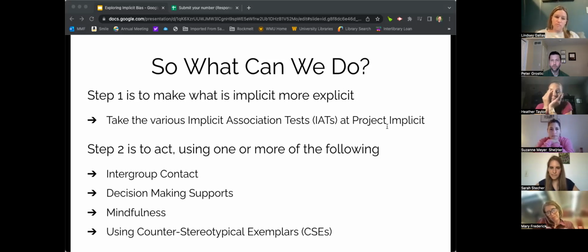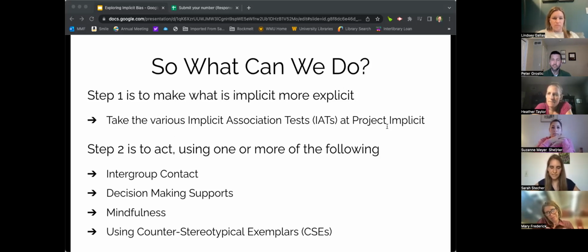Step number 1 is what I mentioned earlier. Whenever possible, we want to try to make what is currently implicit explicit. It's really the best thing we can do so that we can then do something about it, right? When it's implicit, we literally don't know that it's happening. Sarah's going to talk about a very specific classroom example in just a moment, but